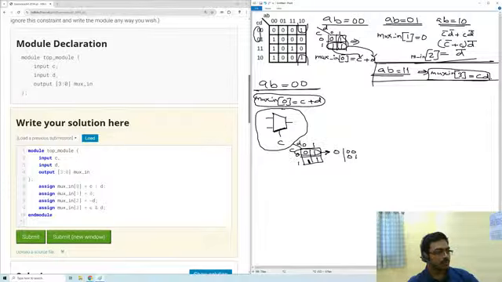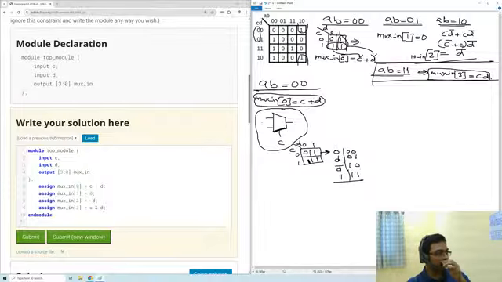If it is 0 0, then the output is 0, so basically the input should be 0. If it is 0 1, it is the same as D. If it is 1 0, it is just the opposite of D, which is D bar. And if it is 1 1,